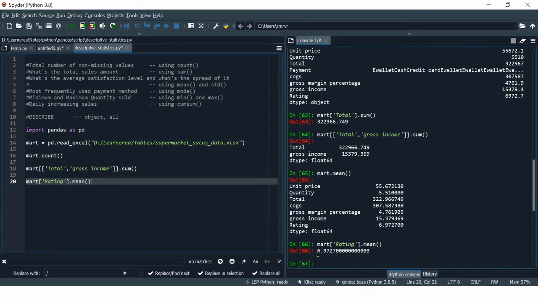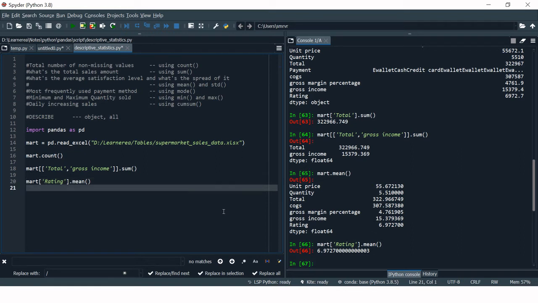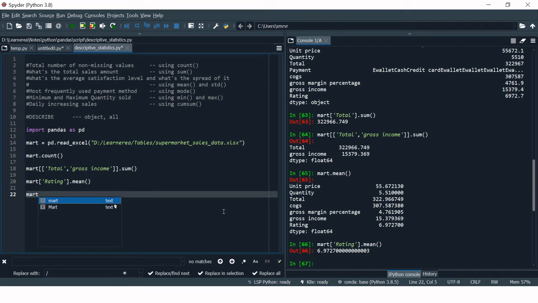Now this says 6.9 is the average. There could be a possibility that some customers would have given a top-level rating and some customers would have given the bottom level of rating. So here we might like to see how this rating varies from customer to customer, right? For that, let's say mart, and then we need to keep it specific to rating. So we're going to say rating dot standard deviation.